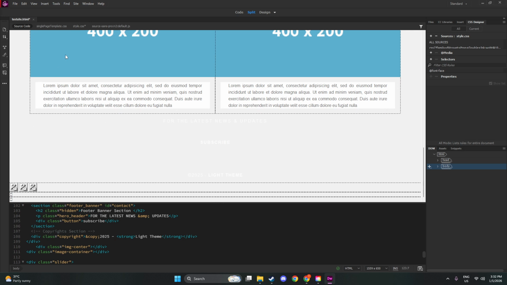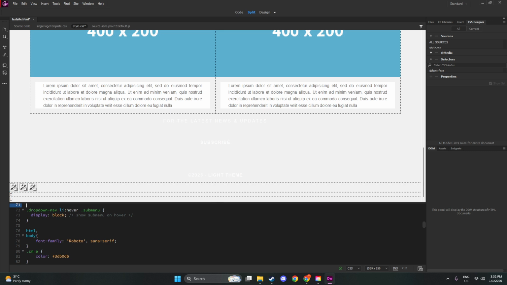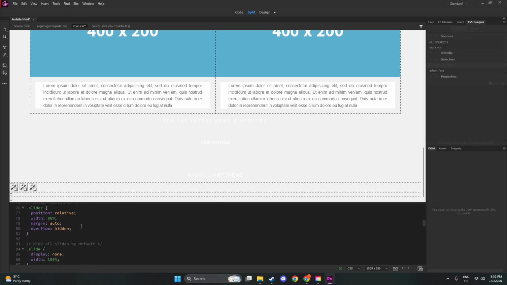Next, style everything with CSS, either in a style block or an external style sheet. Make the slider container position relative, set its width to around 80%, center it with automatic margins, and hide any overflow so extra image edges don't spill out. Hide each slide by default by setting them not to display, and ensure they take full width so images scale